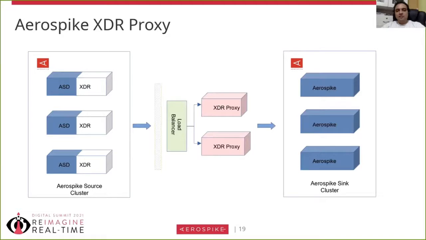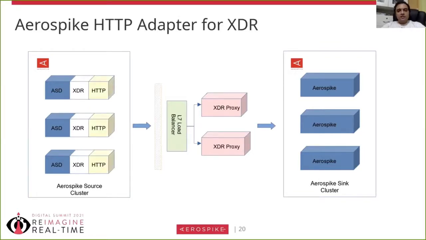The load balancer then load balances the change notification to one of the XDR proxy instances. The XDR proxy instance then terminates the change notification into the sink Aerospike cluster. In this setup, the load balancer load balances TCP connections instead of individual change notification requests.